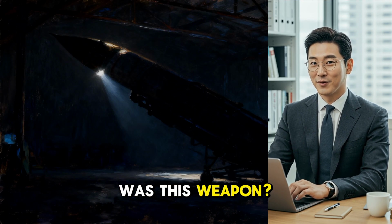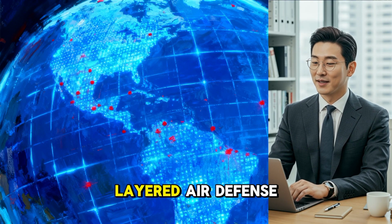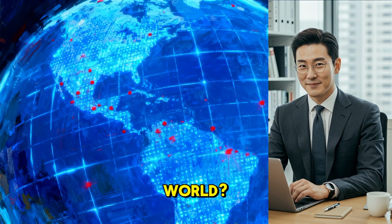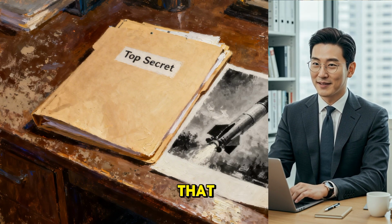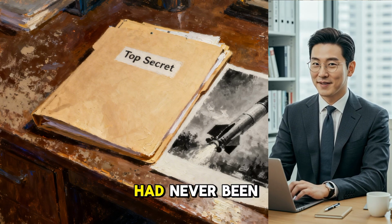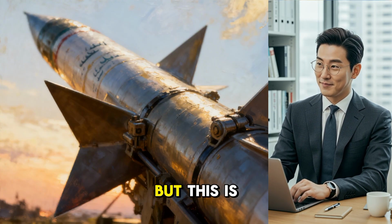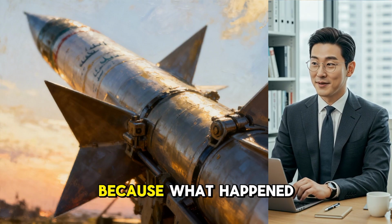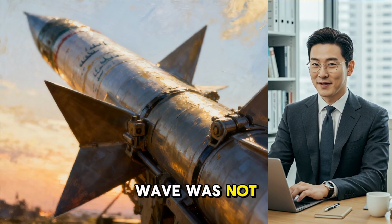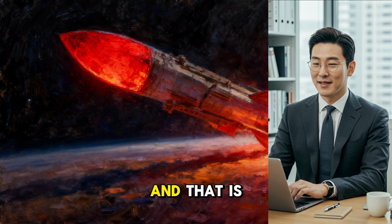So what exactly was this weapon? And more importantly, how did it manage to get past one of the most layered air defense networks in the world? That answer begins with a name that has been quietly circulating in military circles for years, but until now had never been seen in real combat. The Qassem missile. But this is not just another ballistic missile, because what happened in this latest wave was not about speed alone. It was about what happened after the missile reached its target, and that is where things start